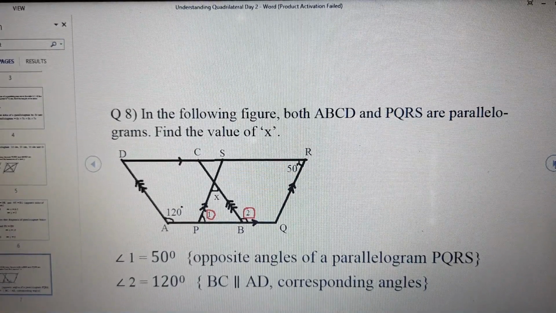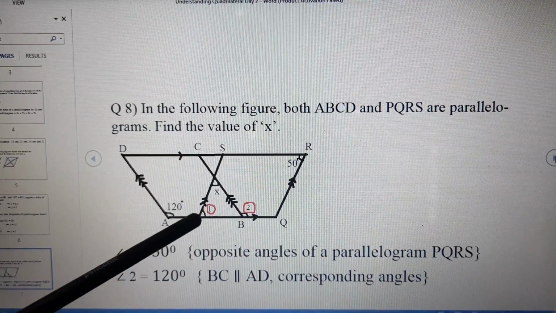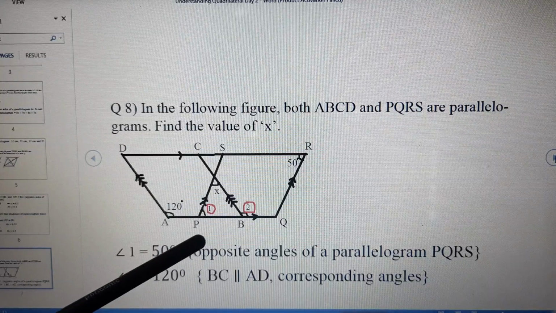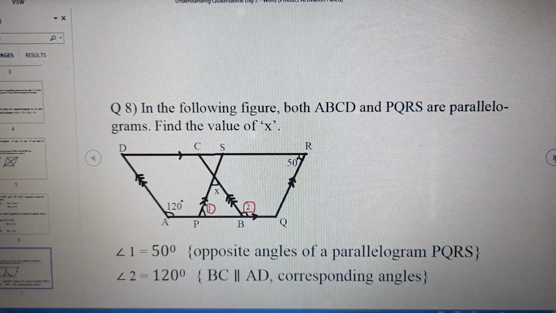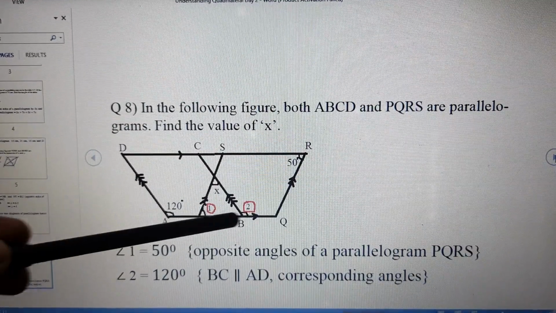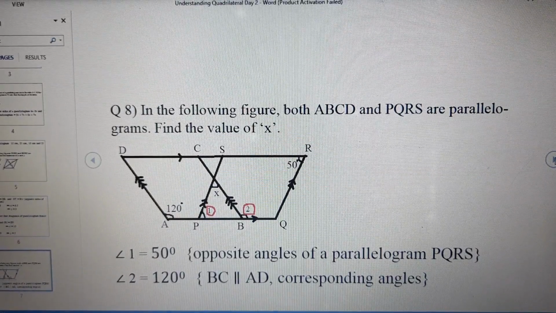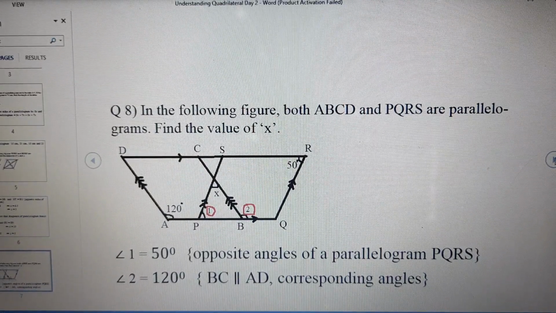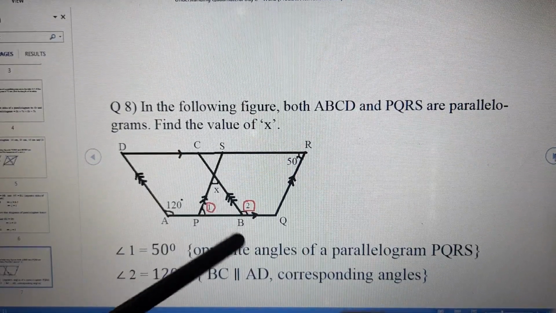How can we calculate? See, we have to mark a few of the angles. I have marked this angle, the angle which is formed at P and inside this triangle. As you can see, this x is coming in the figure. It is a triangle in which one of the angles of the triangle is x. This angle we have considered as angle 1.